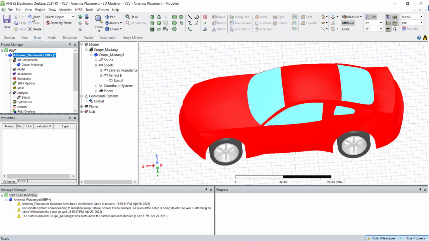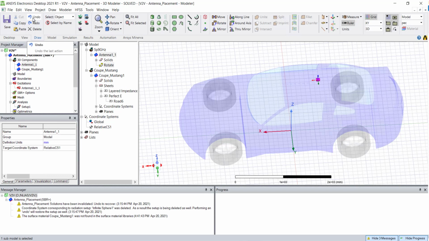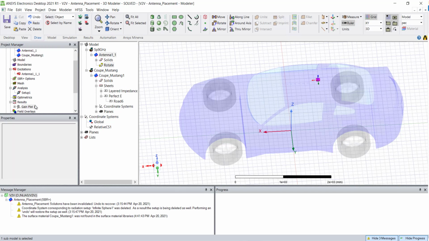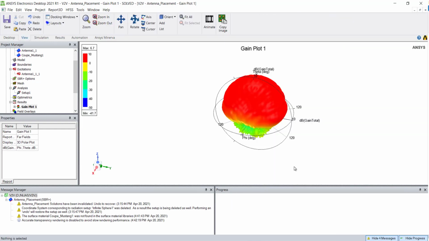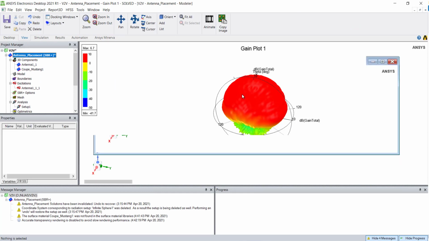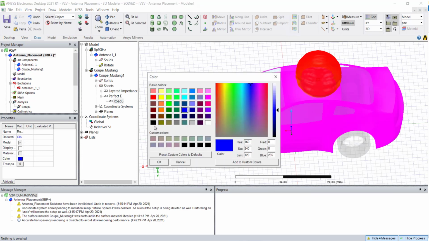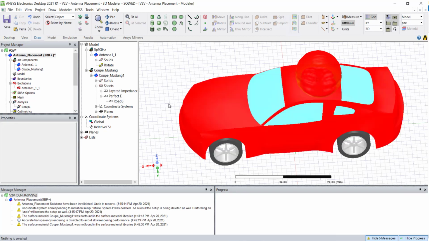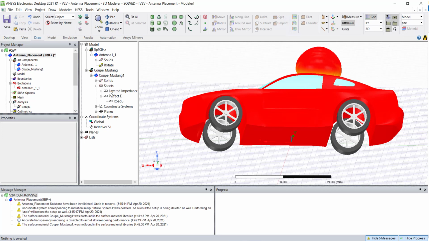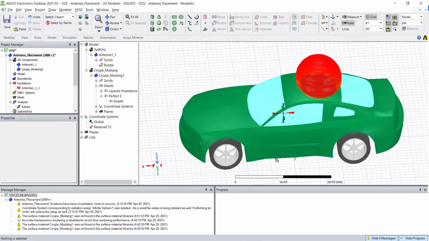Okay, I think I need to press Control Z. There was a result file. So yeah, you can see the result. I accidentally deleted a couple of things. This project was completed on my machine, and for visualization purposes, initially it was in red color, and the clarity of the plot was not that great. What I did is I selected this particular CAD and changed the color, I can change to any other color. That will show you how the radiation pattern looks.